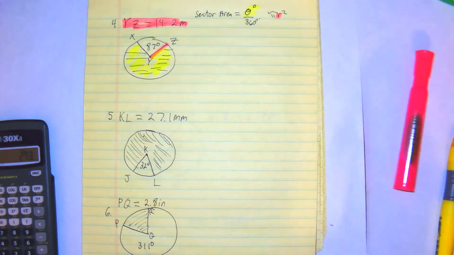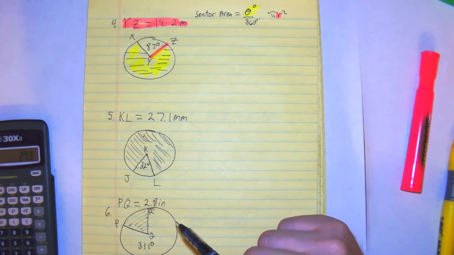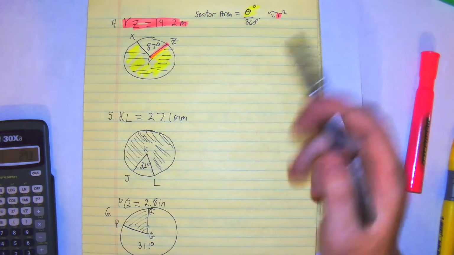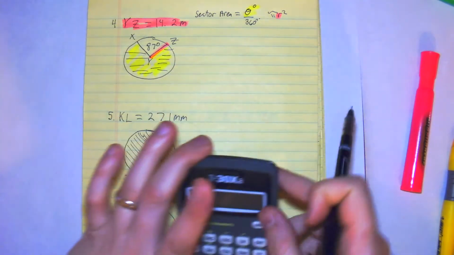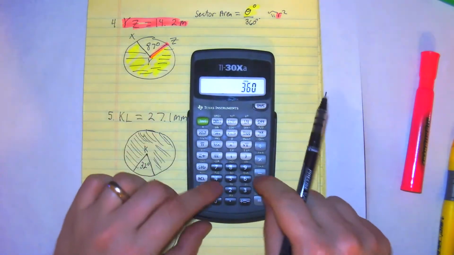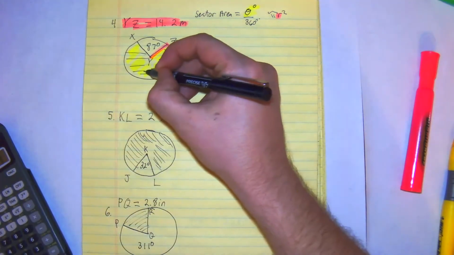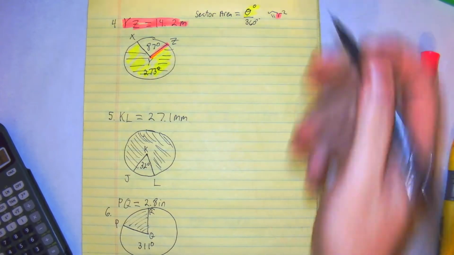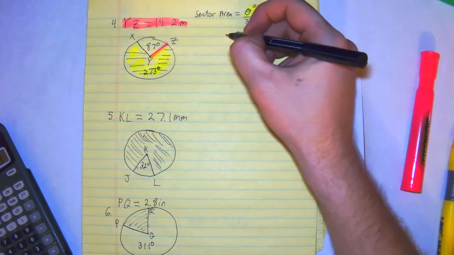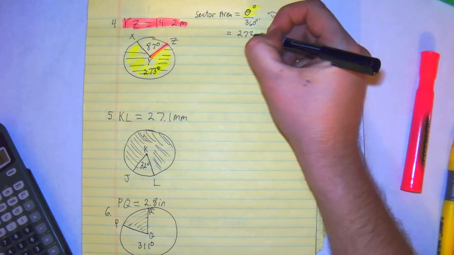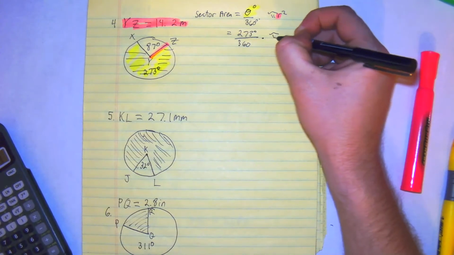Alright, so the way we're going to solve for this is first we need to know what the degrees are. We don't know what it is. A circle always equals 360, so if that's 87, and that's our center, all we have to do is 360 minus 87, we get 273. So this segment would be 273 degrees. So our sector area is going to be 273, so this is equal to 273 degrees divided by 360 times pi